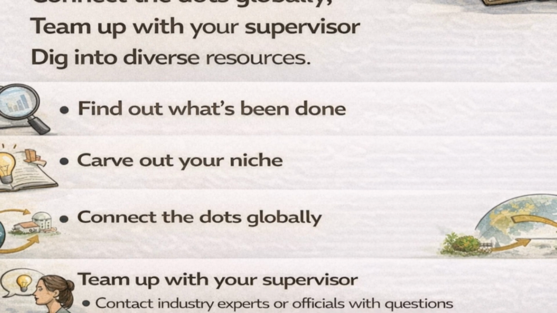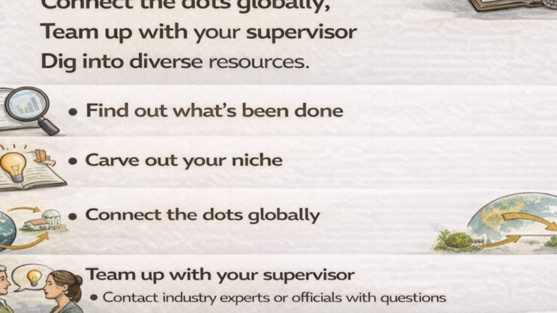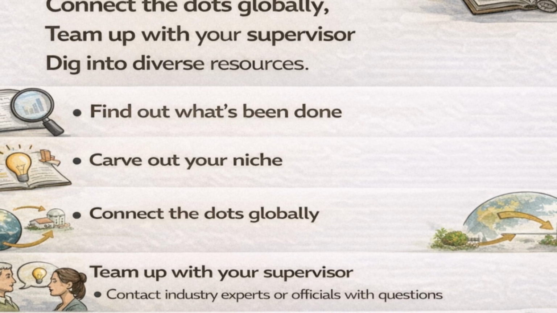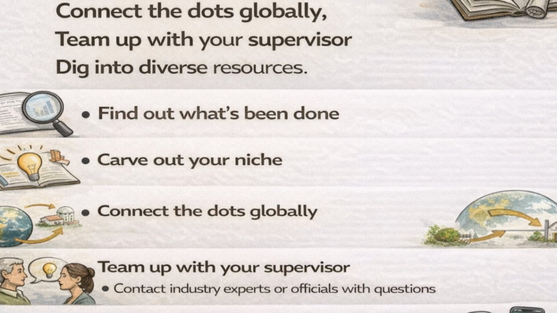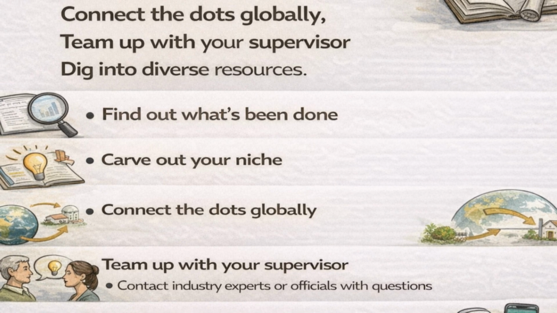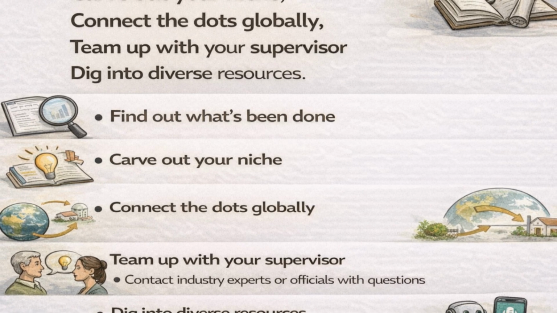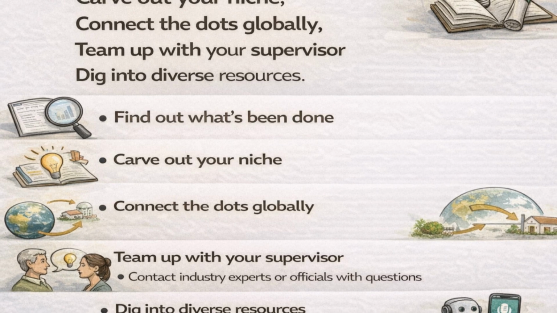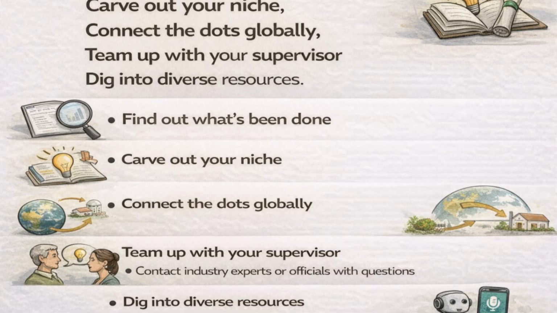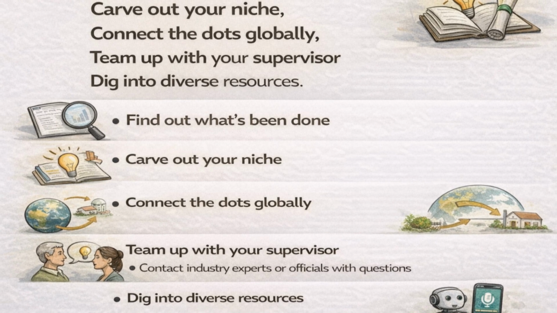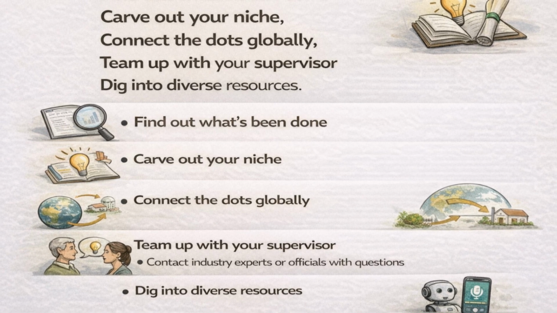Team up with your supervisor. You open the dialogue early, getting feedback and ensuring your topic is on track and feasible. Remember, your supervisor is there to help shape your raw idea into a polished plan. Dig into diverse resources. You went beyond the usual suspects, mining theses, reports, and networks for insights that enriched your perspective and solidified your direction. By following these steps, you're not just randomly picking a topic. You're crafting a research question that is grounded in knowledge and boosted by your personal insight. How cool is that? Instead of stressing over